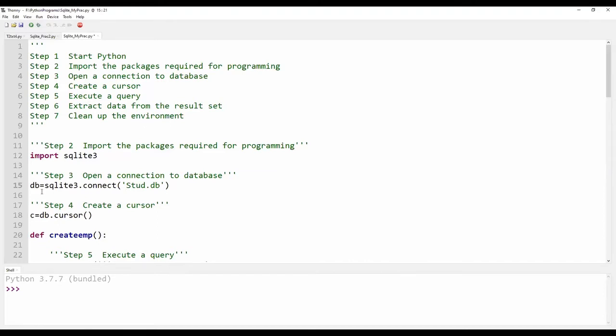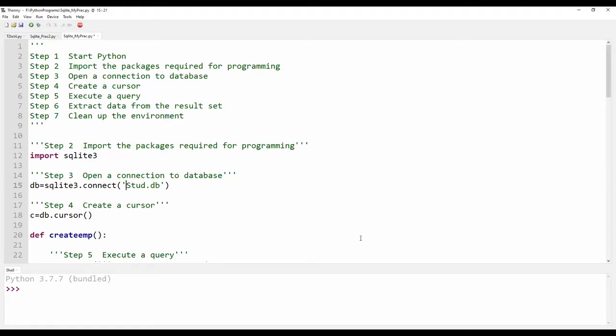The database is referred to using the variable db, and cursor is a method, so db.cursor creates a workspace for the database. That will give me a result, and to hold it I need a result space, which is nothing but c here.